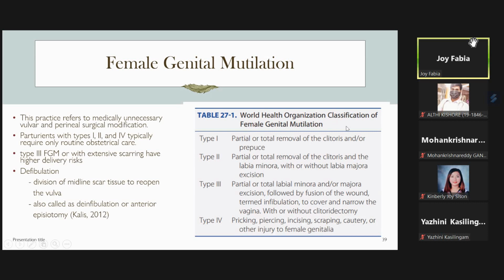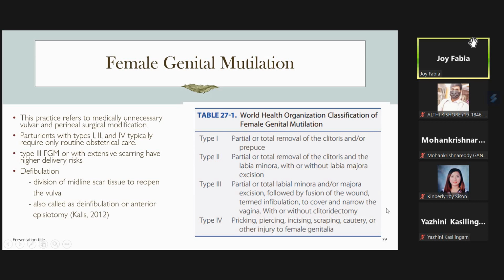Based on the WHO classification of female genital mutilation, we have four types. Type 1 is the partial or total removal of the clitoris or prepuce. Type 2 is the partial or total removal of the clitoris, and this includes the labia minora, with or without the labia majora excision. For type 3, this is a partial or total labia minora or majora excision, followed by fusion of the wound, termed infibulation,